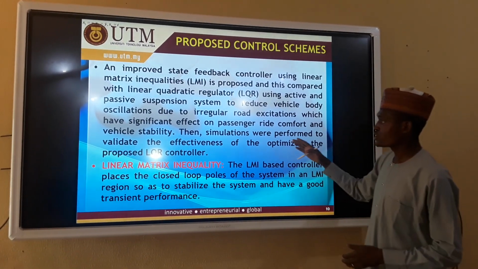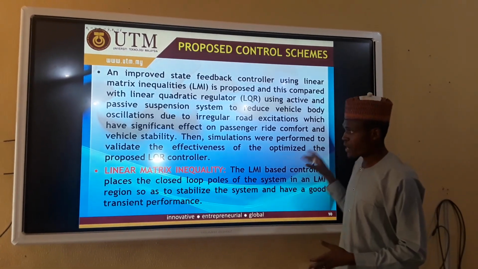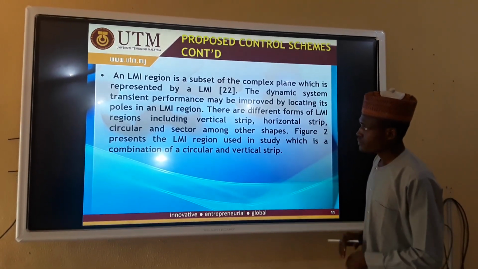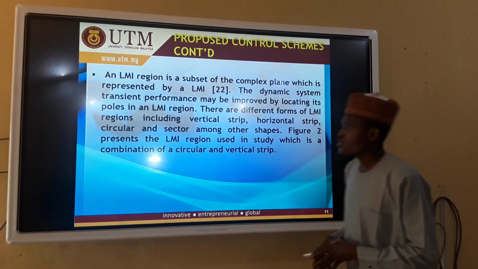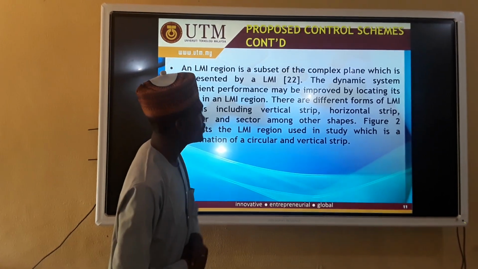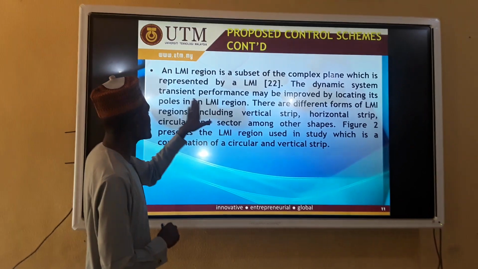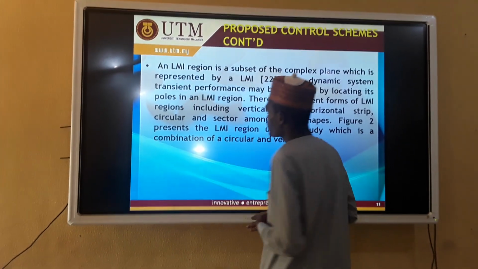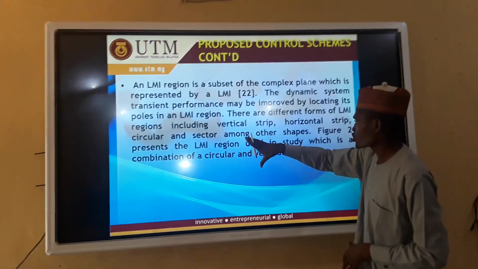And then simulations we have performed in order to validate the effectiveness of the proposed optimized LQR controller. In this regard, an LMI region is a subset of the complex plane, which is presented by an LMI as reported in reference 22. The dynamic system transient performance may be improved by locating its poles in an LMI region. There are different forms of these LMI regions, which include the vertical strip, horizontal strip, circular, and septo, among other